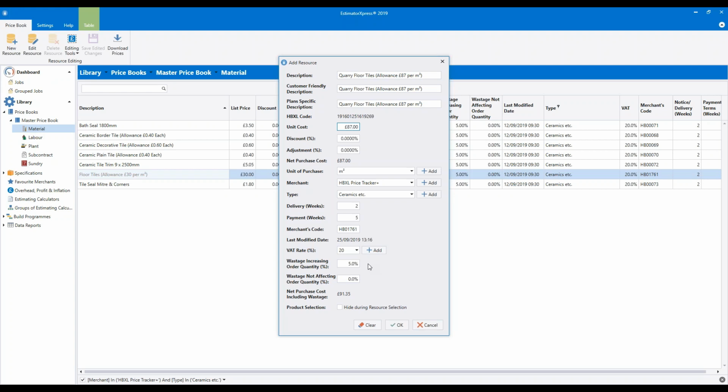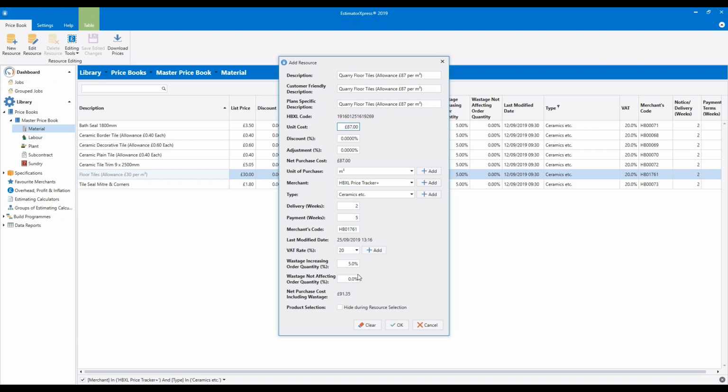So for floor tiles it was set to 5%. Naturally there's going to be some wastage with floor tiles because of cutting and so on, and also with products like bricks, timber and so on. As I mentioned before, this is going to add that wasted percentage onto the order quantity. So we're going to order 5% more tiles than we need for the area of floor.